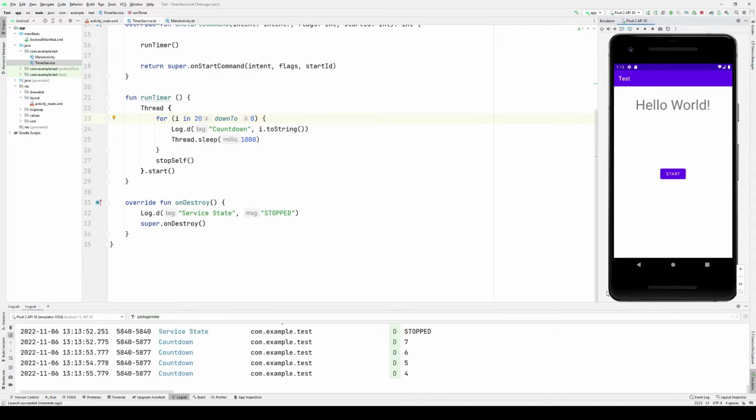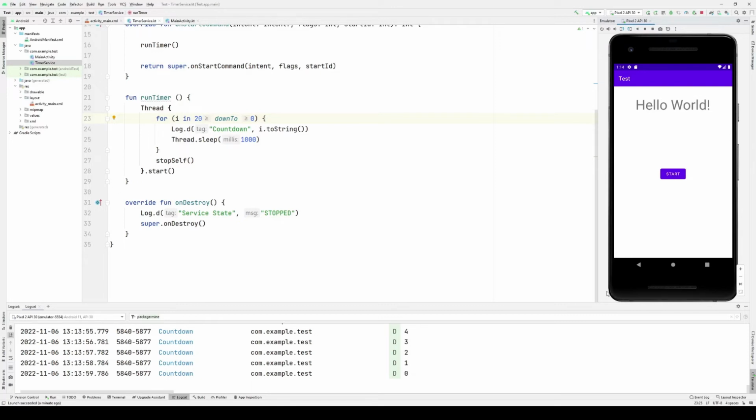well, this is one of the other problems I wanted to mention. Once I get to the end of the first timer, the service actually has stopSelf invoked. Now, the reason you still saw my second countdown timer running is because I'm using threads, and my threads right now are not aware of the life cycle. It's almost a quasi memory leak. Well, it's a memory leak. So the thread doesn't end just because the service has ended. The thread keeps going. If I was using coroutines, we would have seen a more direct ending of the operation.